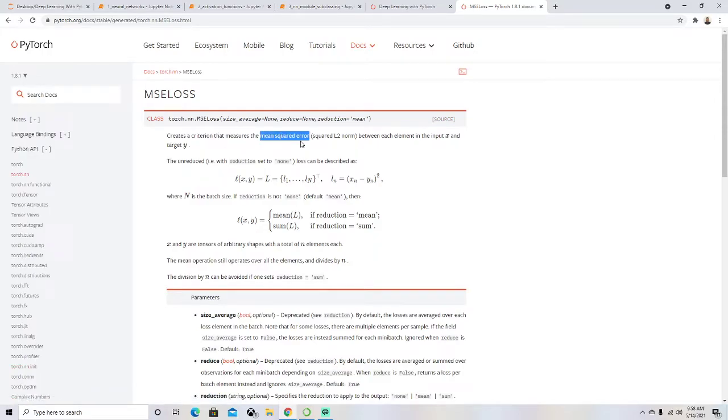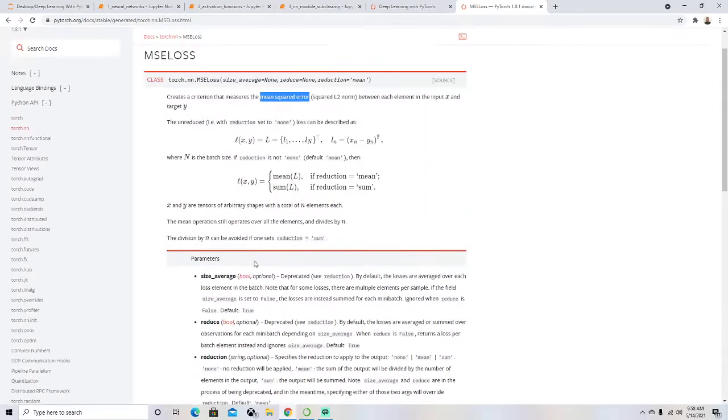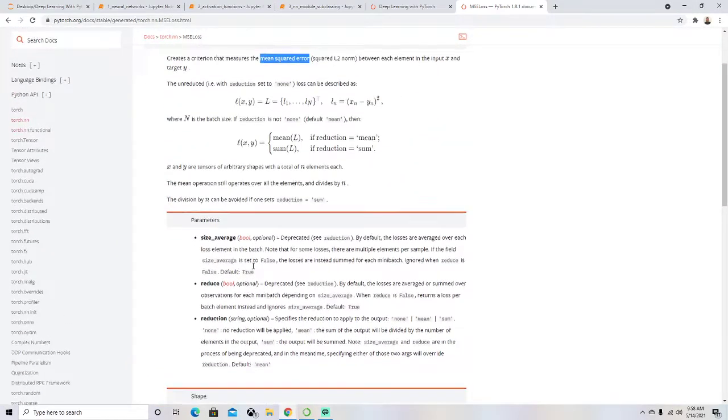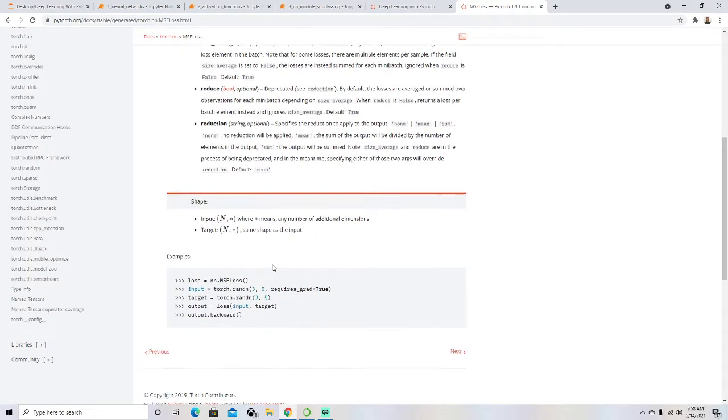Mean squared error. I am correct. So you can always just Google a line of code to figure out what's going on with it. And the math might be troubling, but I can assure you it's not that complicated. If we saw it in a different format, it's not doing something super complicated. It's probably pretty similar